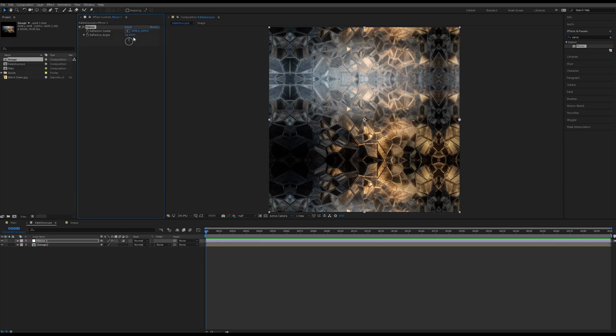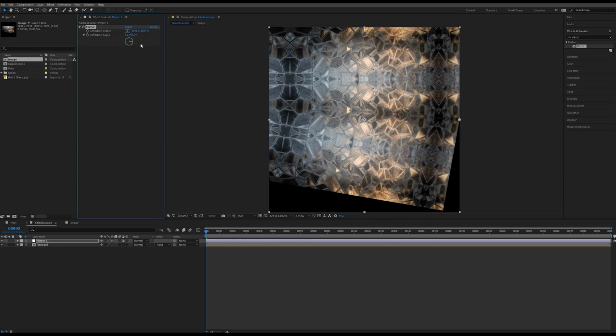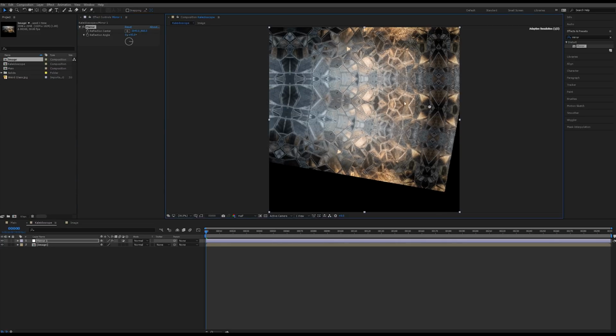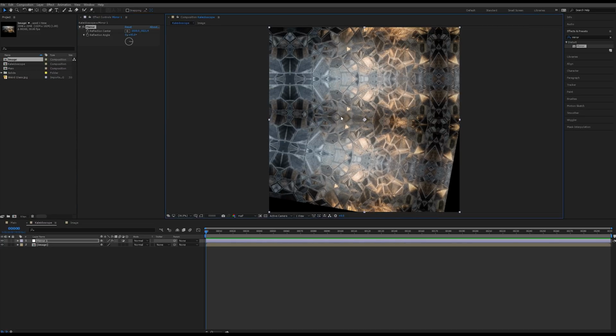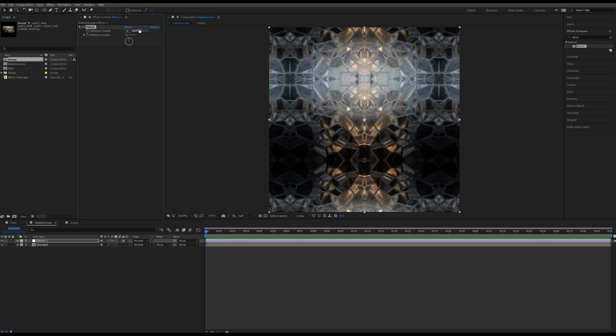Okay, so on our mirror effect, nothing seems to happen until I start changing the reflection angle. Then we can see that it is reflecting around this point right here. But I want to move this point to the center. And in order to do that properly, we just need to divide this first number up here by 2. So it's going to be 1024. So it'll take it right to the center. Alright, so that's fine for this one, and then Control D.